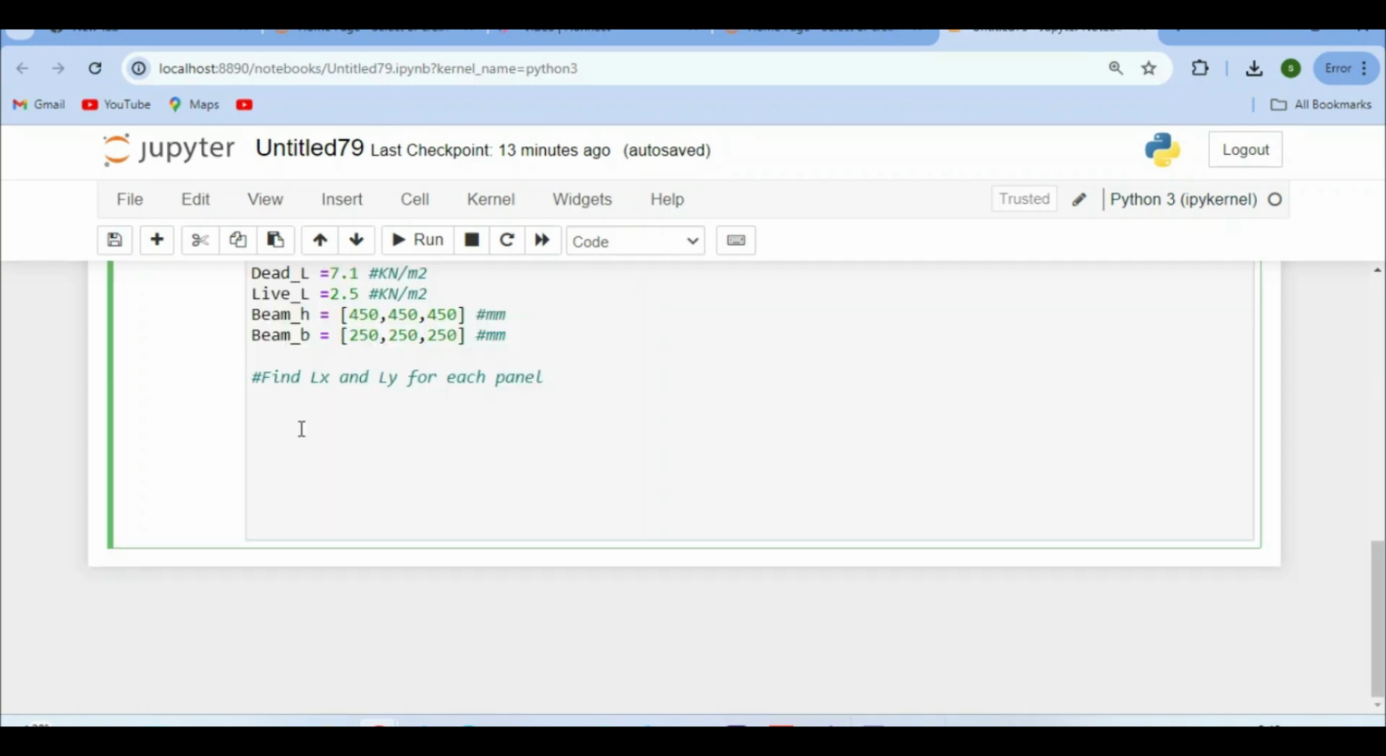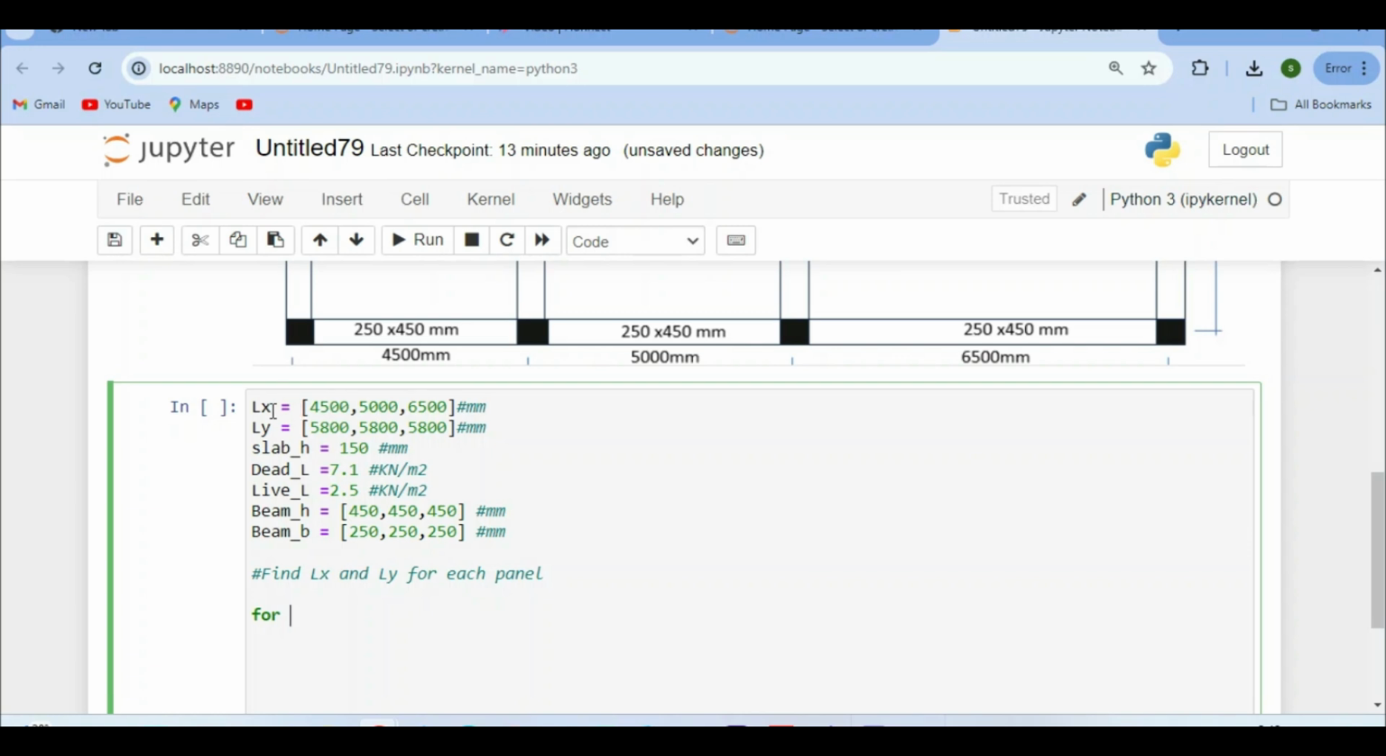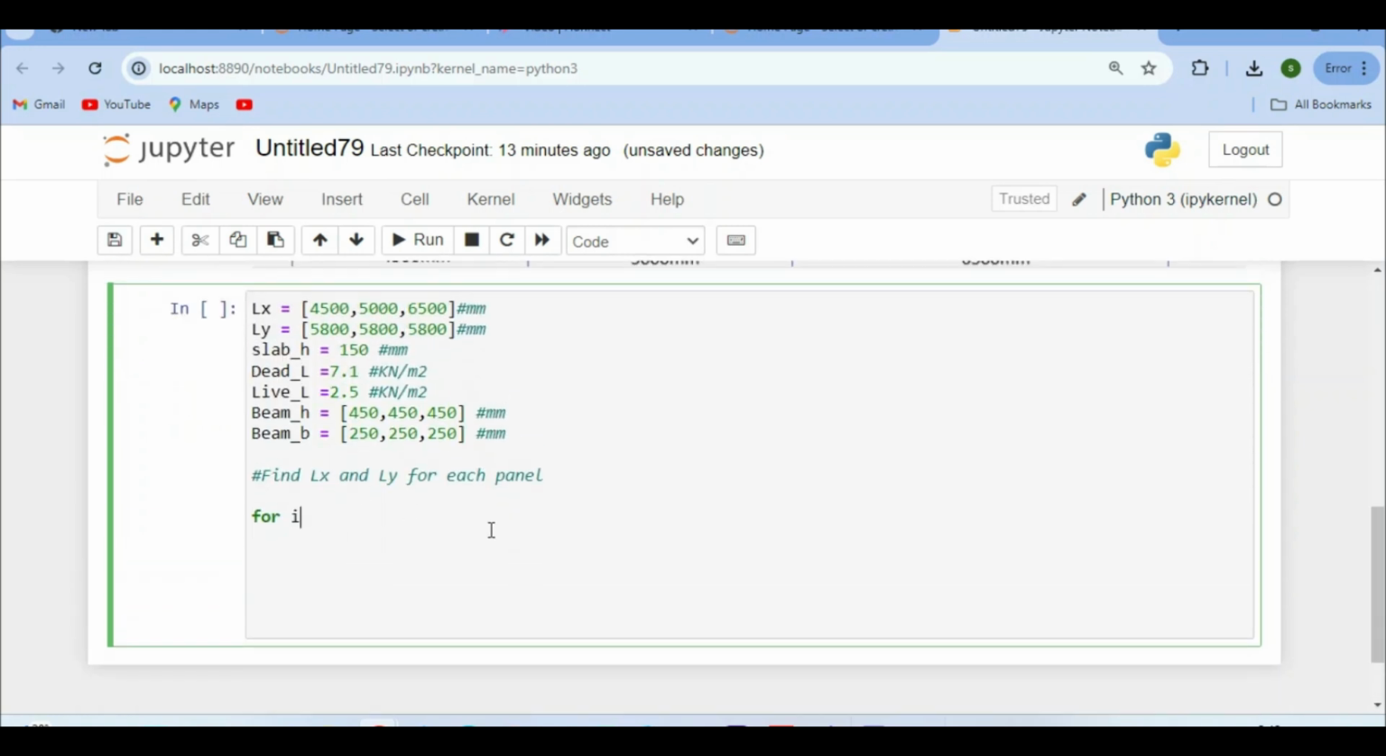So to do that, we are going to use a for loop statement. So we will do for. Now we are going to assign a variable to the LX and then the LY. So we are going to say for I and J in LX and LY. Now